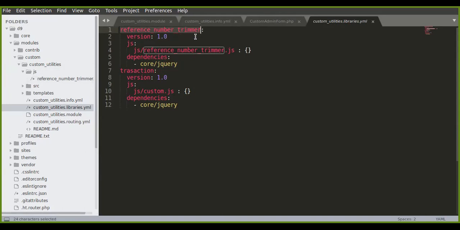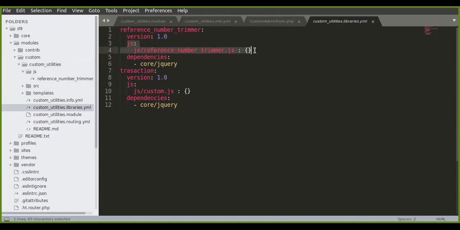What I did is I created a library with version 1.0 and a JS key, which is the file name where we placed our JS file. Under the JS, we have referenceNumberTrimmer.js.